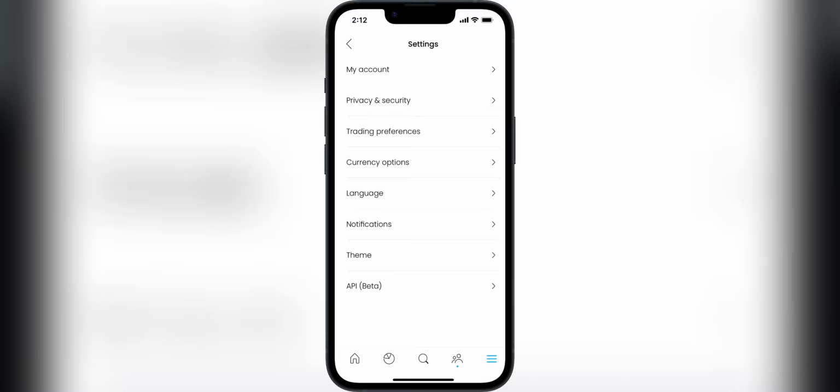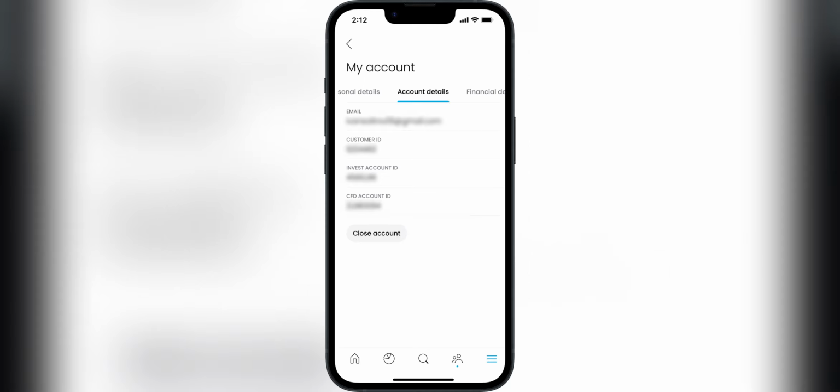Now, in the My Account screen, swipe down to find the Account Details section. This is where your account reference number is displayed. It's usually clearly labeled as account number or reference number. Take note of it or save it somewhere secure if you need it for transactions, support inquiries, or any official